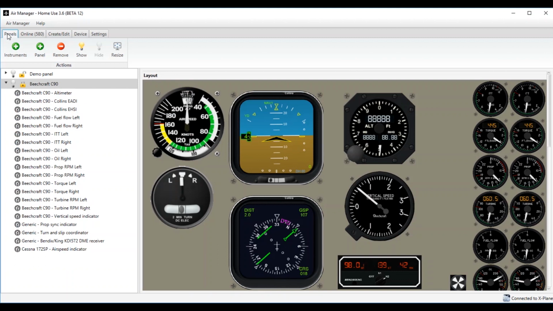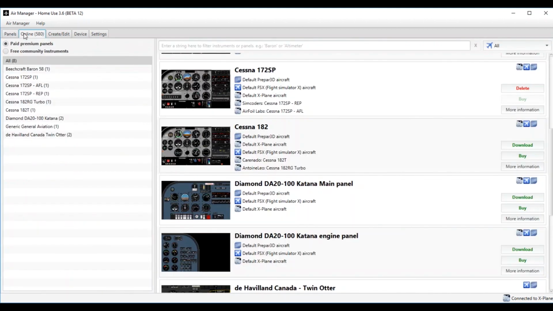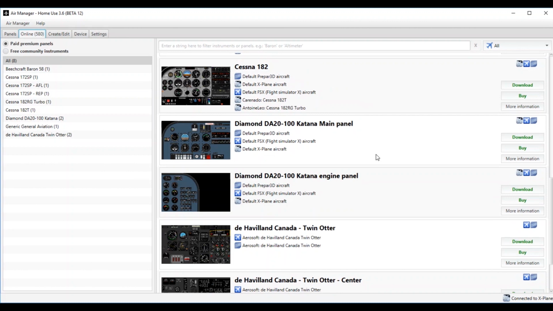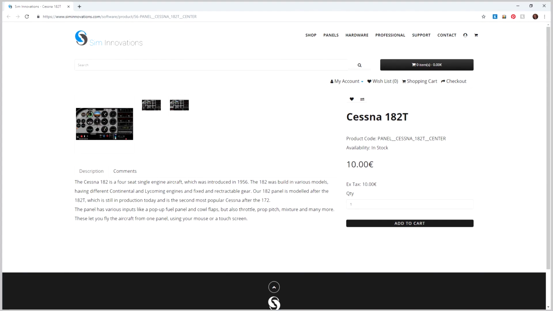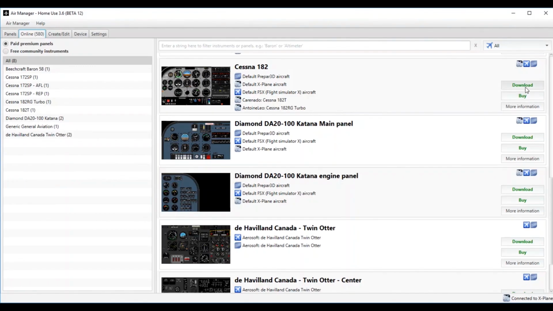If you'd like to buy a premium paid panel, just click the Online tab. Make sure you've selected Paid Premium Panels, and then find the panel that you'd like to download. Click Buy, which will take you to the website where you can purchase, and once it's purchased, you can click Download, download the panel, and all the instruments will download, and then you can just add the panel from the Panels tab, just like